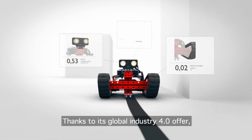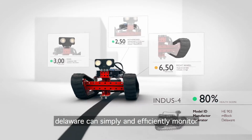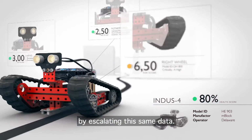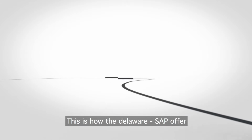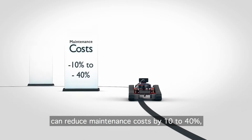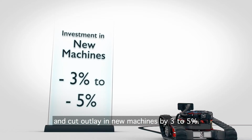Thanks to its global Industry 4.0 offer, Delaware can simply and efficiently monitor your industrial means of production by escalating this same data. This is how the Delaware SAP offer can reduce maintenance costs by 10 to 40%, reduce failures by 50%, and cut outlay in new machines by 3 to